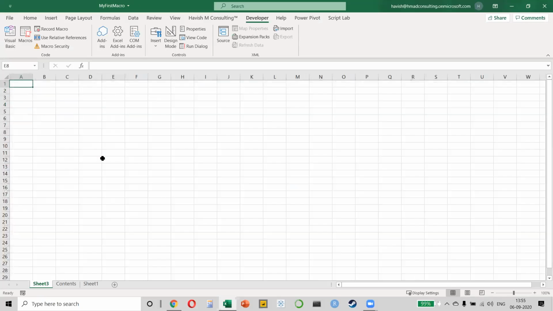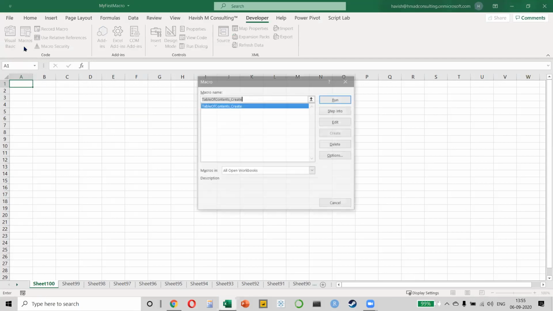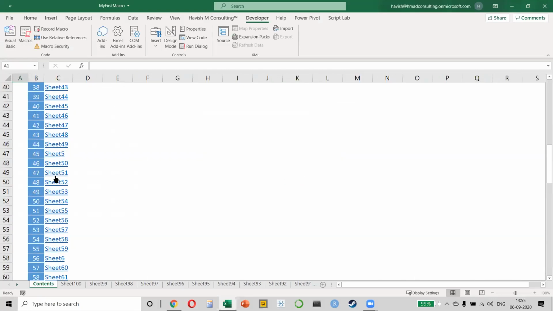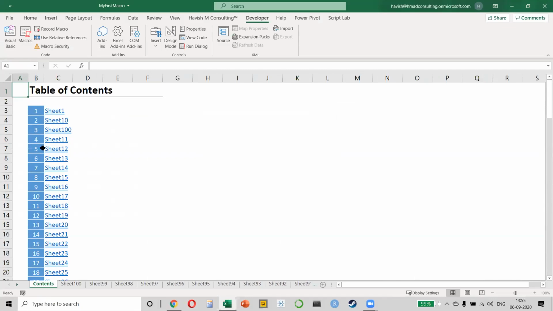But imagine you had 100 sheets with you, okay? Everyone? You know what I can do now? I can click on Macros, Run, and in 1 single second, it will create a list of 100 sheets with a hyperlink to every sheet. How cool is that? Imagine if you had done this manually, how much time it would have taken you. You would have gone to every sheet, copy the name, then one by one, you would have had to put a hyperlink on every sheet. Even if you have 500 sheets with you, it will only take 1 second for this macro to run.